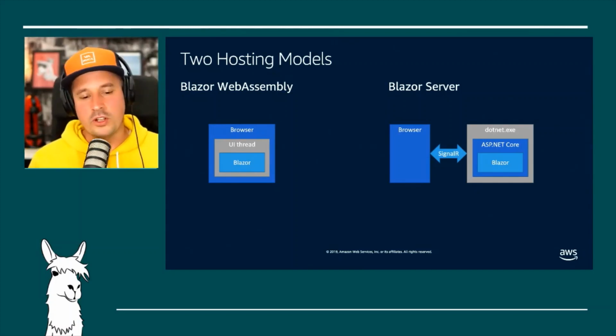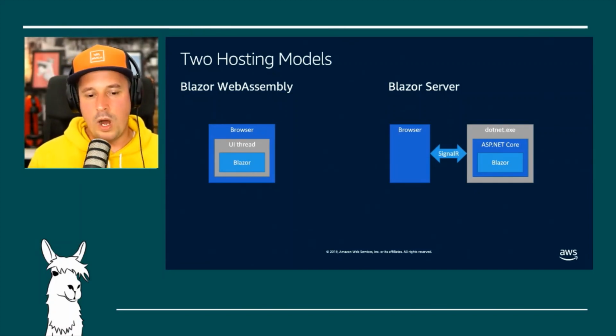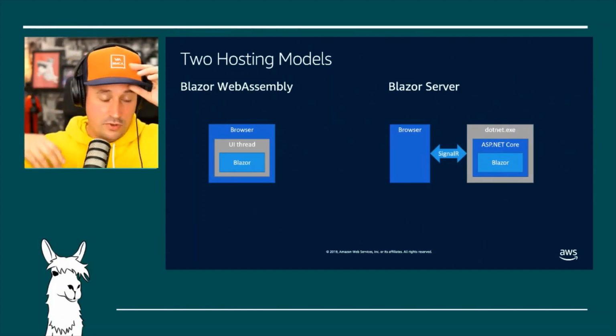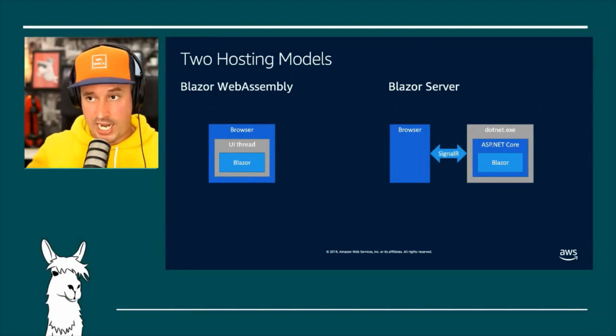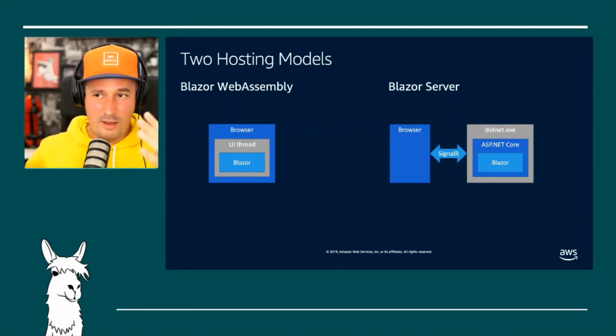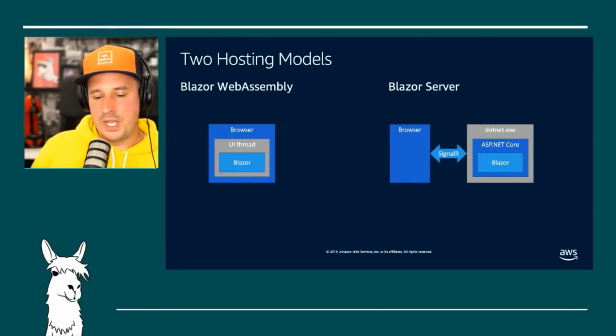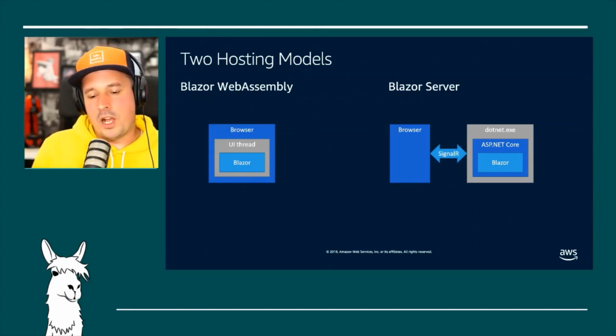Blazor. So you've got two hosting models with Blazor. One is called Blazor Server, which is currently available. I think I should have probably checked this before, but Blazor WebAssembly, when I last checked, wasn't production ready, but it might be. Correct me in the chat if it has been launched. I don't think it is GA. But Blazor Server is GA, and the concept is similar in that you're able to write front end